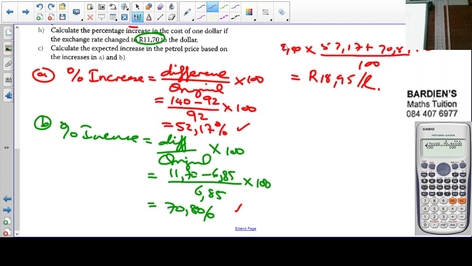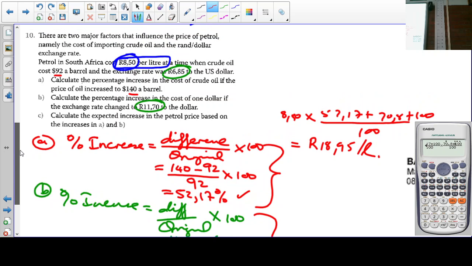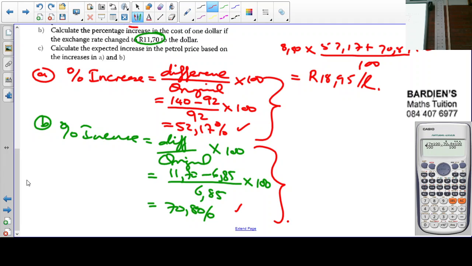But I don't agree with that. The reason for that is because the price increase per barrel was independent of the increase in your exchange rate. They didn't say it's directly affected. Not so? Okay, so because it's not directly affected, there's other factors that also